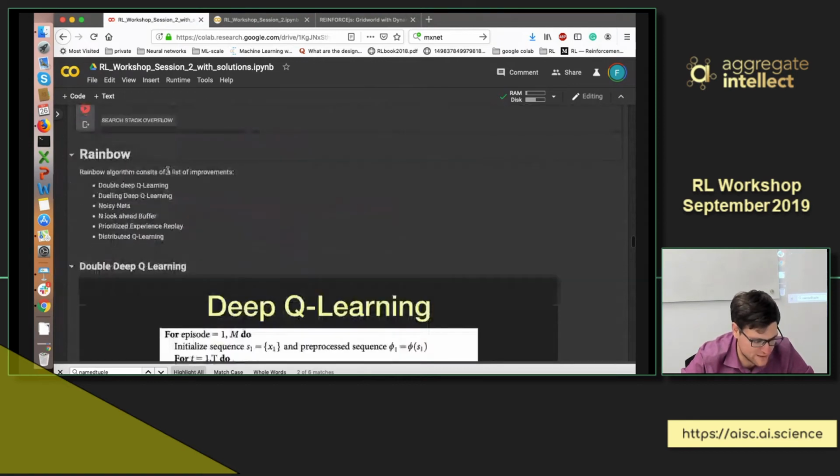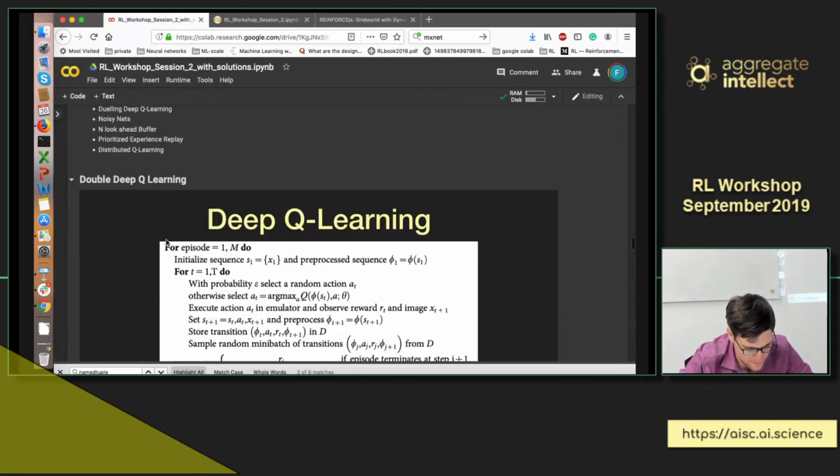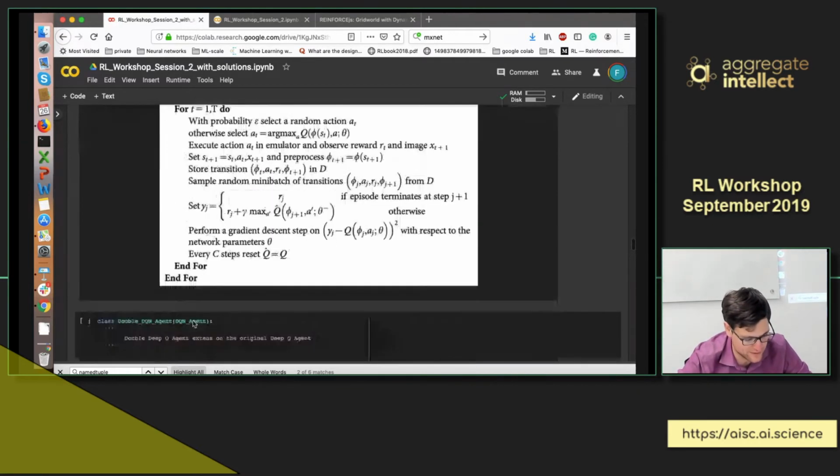Okay, so Rainbow is like these 6 updates. It's double deep Q learning, dueling deep Q learning, noisy nets, look ahead buffer, prioritized experience replay, and distributed Q learning. Now, these 6 improvements are applied on the traditional deep Q learning agent. So this is the traditional deep Q learning agent,